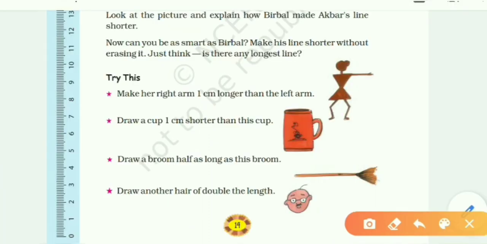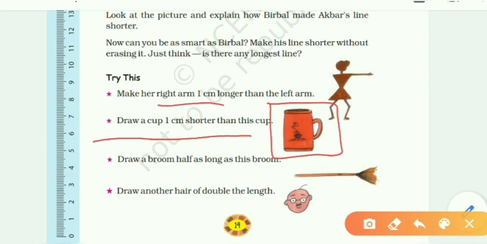Okay, now let's read the next question. Draw a cup 1 centimeter shorter than this cup. Here in this picture they give us the picture of a cup. We have to draw a 1 centimeter shorter cup. Okay, you can draw the cup like this also. This cup is 1 centimeter shorter than the given cup. Okay children,